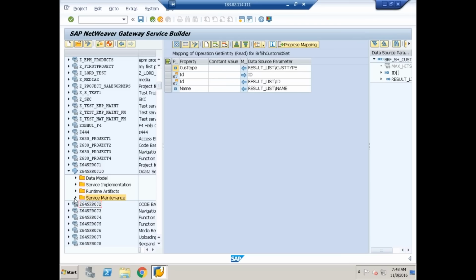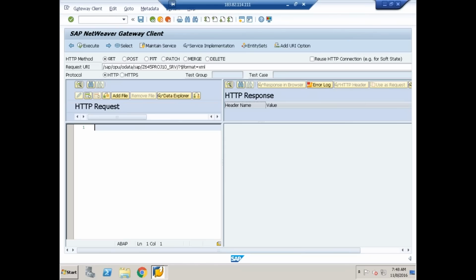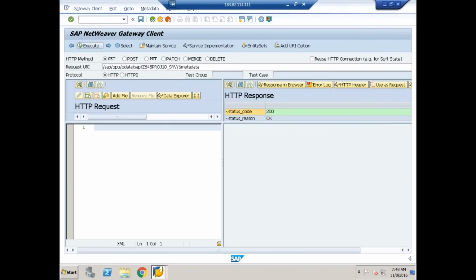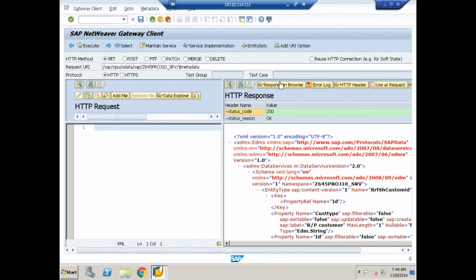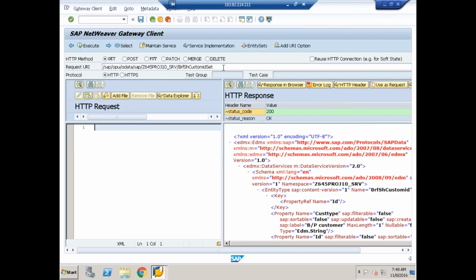Then let us maintain it. I click on this maintain. Now let us query for the metadata. Yeah, I got it. Then I'll go to entity sets, BRFSH custom ID. This will invoke get entity set, which will return all the entries. So when I execute,